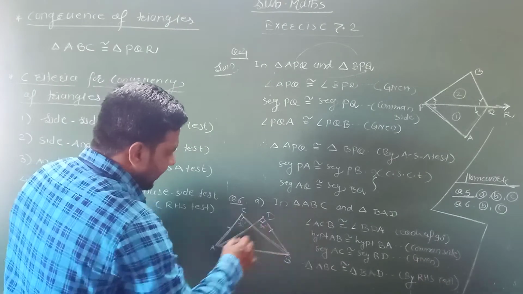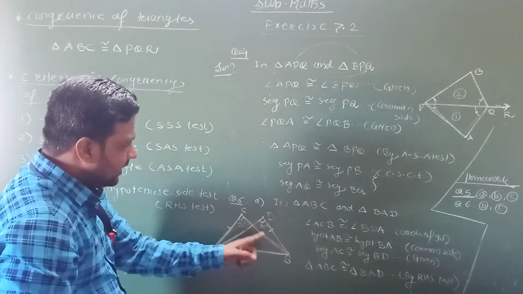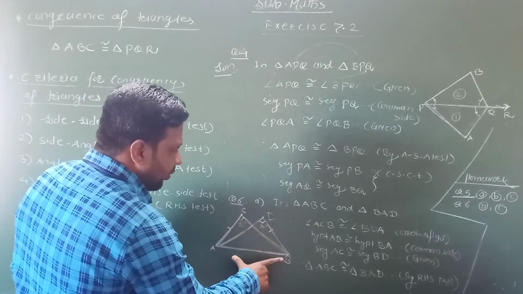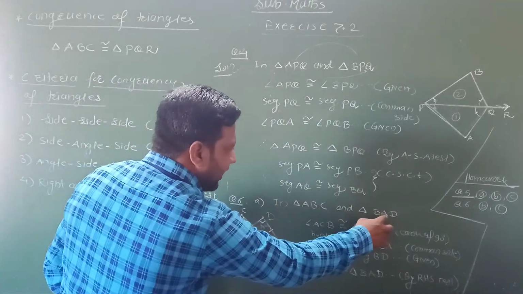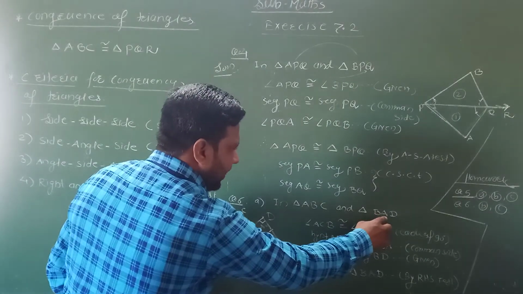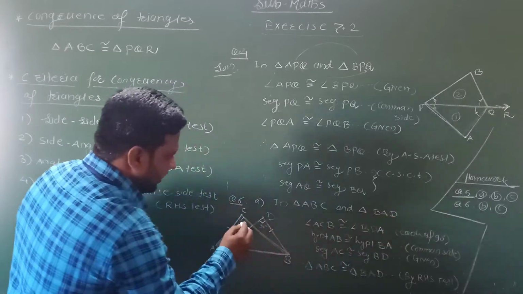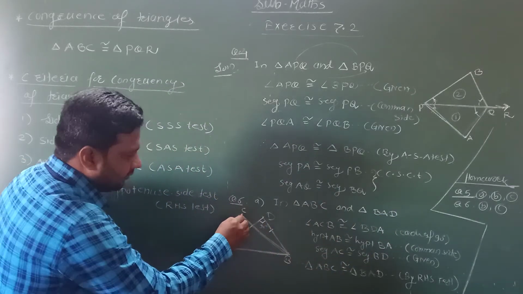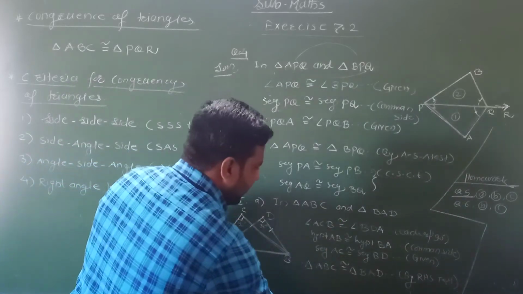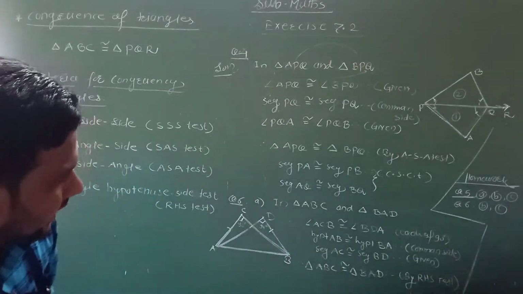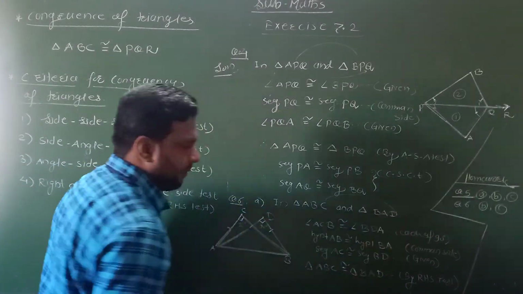First I write the triangle ABC. Now AB corresponds with what? AB is the common side in both triangles, but here I write BA, and the last vertex C corresponds with D. See, angle C is 90 degrees and here angle D is 90 degrees. Therefore C corresponds with D. Okay, this is the right correspondence in these two triangles.